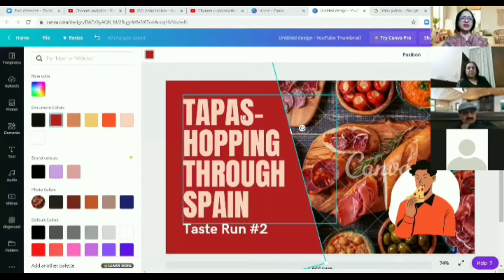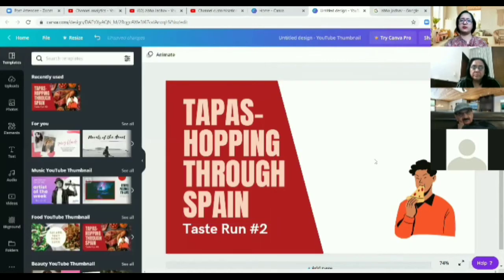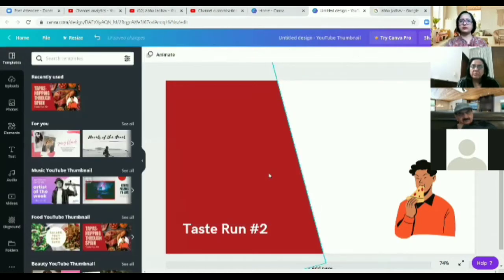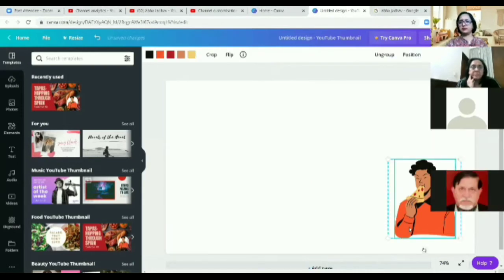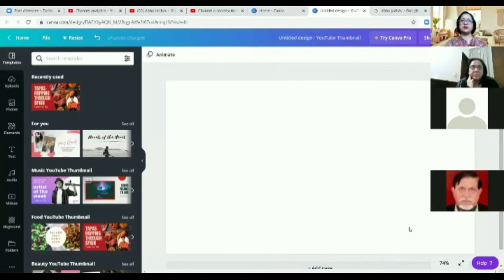So this is how you can select any one template and your work becomes less. So at initial level, I used to do this, but then when I learned how to create thumbnails, I started using one particular color. So I'll be deleting it. Okay, so this is your blank screen when you get it.